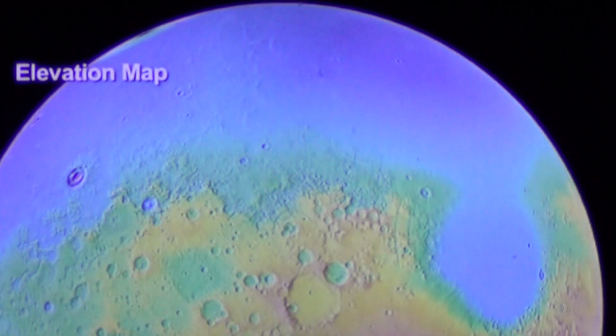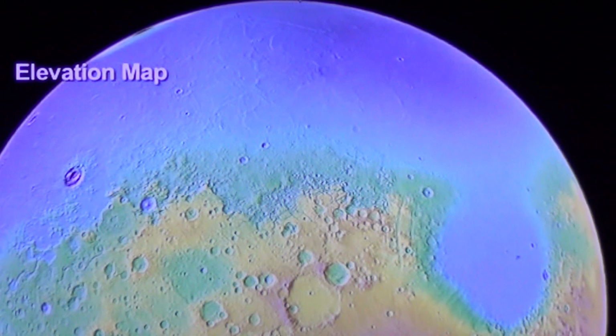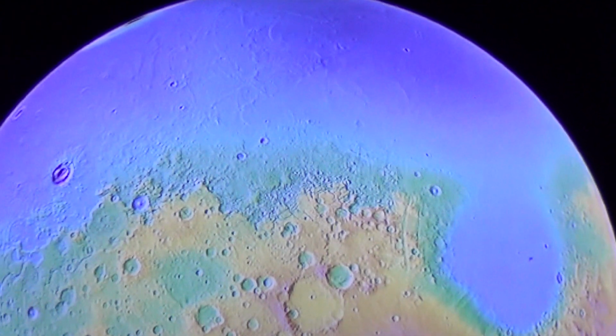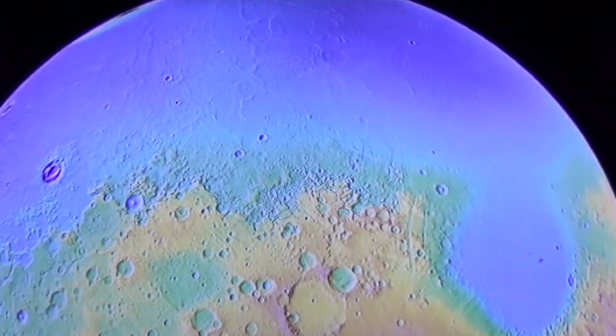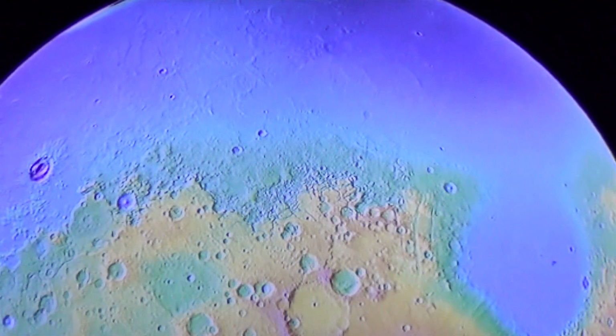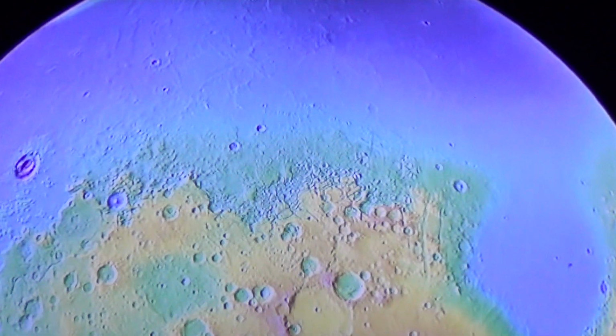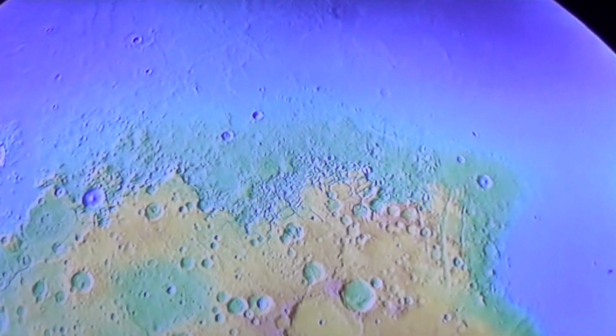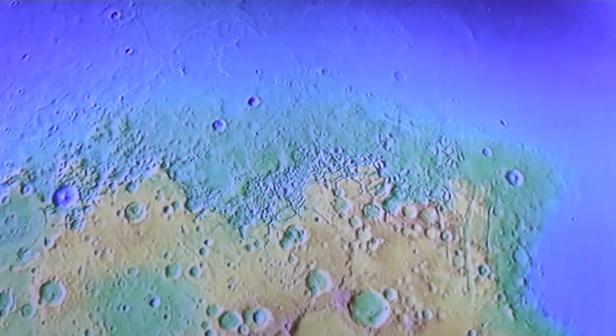Surface etching. We have suggested that the northern hemisphere of Mars was eroded electrically to a depth of 5 miles or more, as seen on the global elevation map. It is only reasonable, therefore, to look for transitional zones